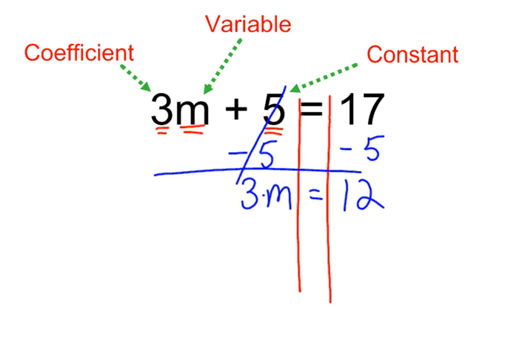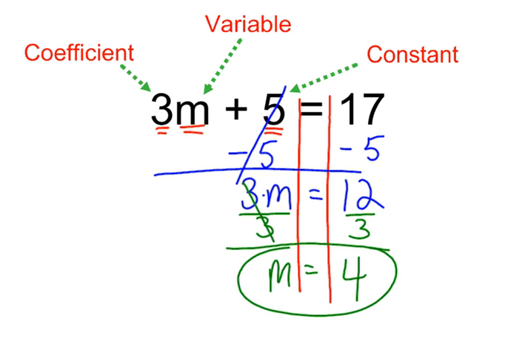So since this is multiplication, the inverse operation would be division. So I'm going to divide by 3. That'll get rid of the 3. I need to divide by 3 on the other side, and 12 divided by 3 is 4. M would have a value of 4, and we could check it very quickly by just plugging in our answer